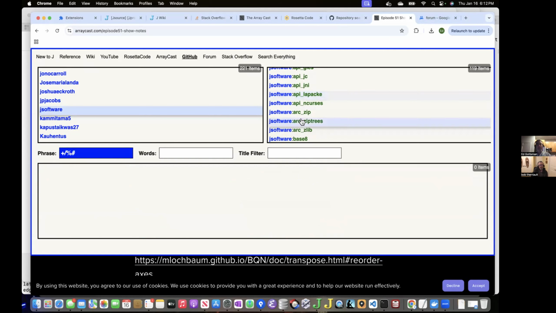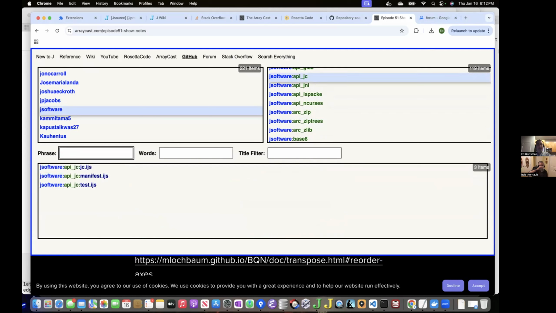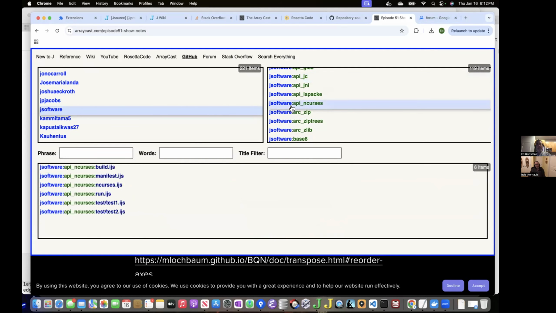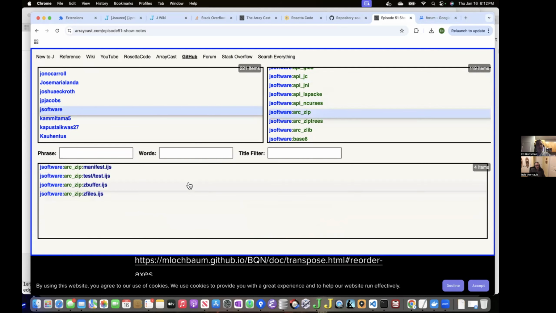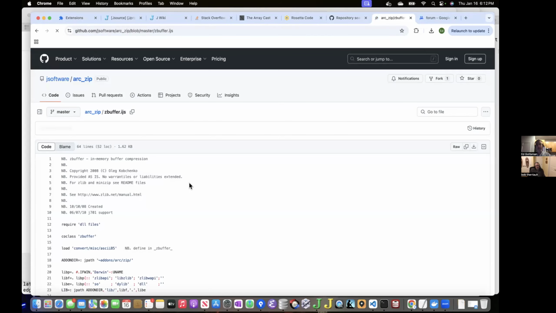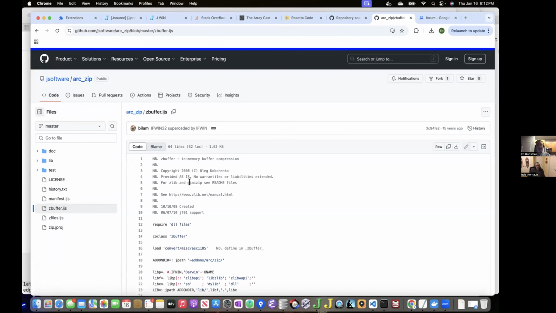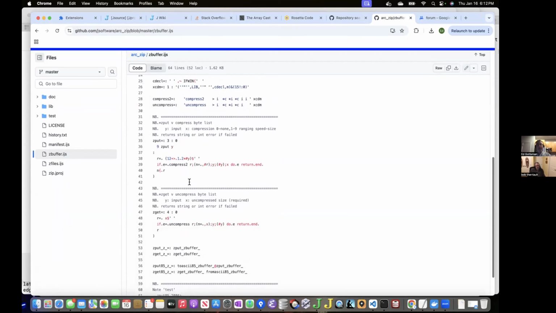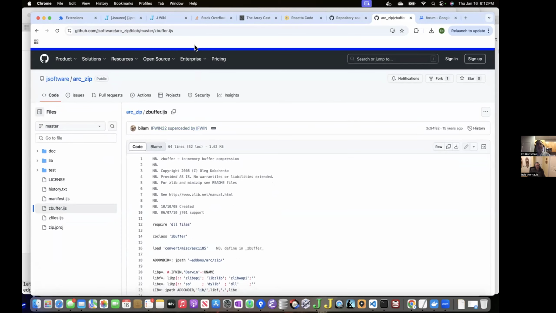You'll notice that every time you pick something, the search field flashes. That's to remind you that you've got a search going. So if you don't get any results when you click, it's probably because there are no results for that subset of the documents. But you could pick individual repositories. And as with Arraycast, as with everything, if you select a title, you'll go to the corresponding file.